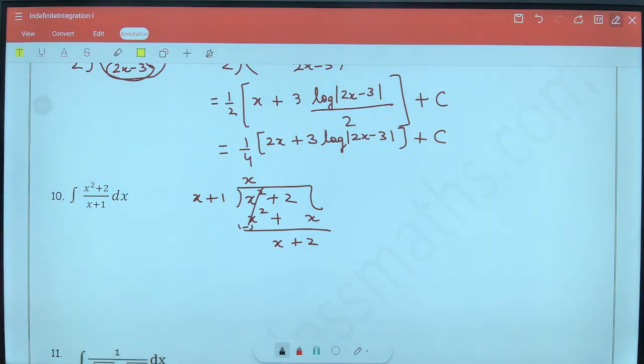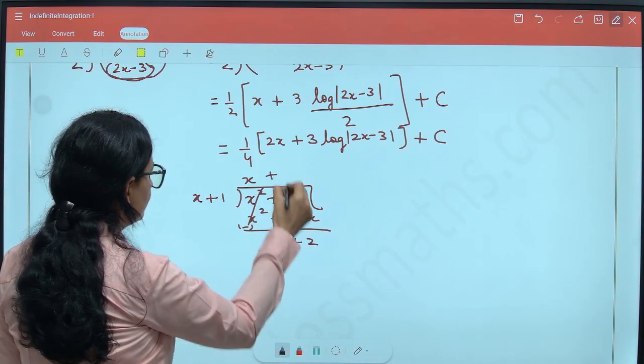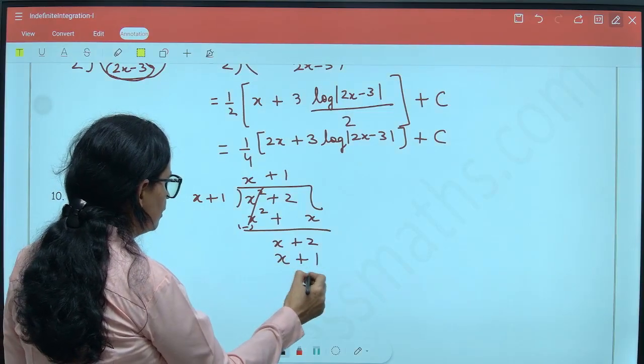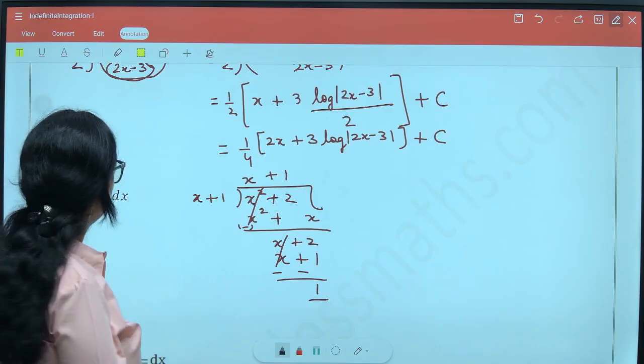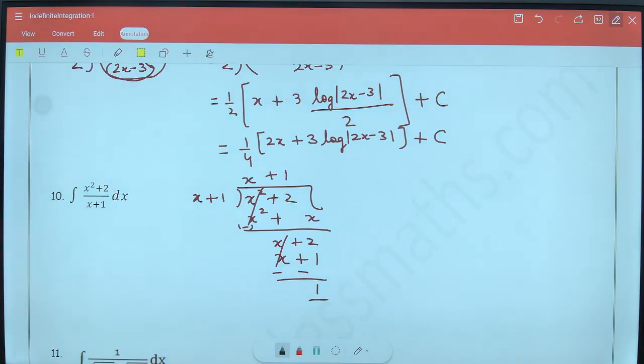And now we use plus 1 and we get x plus 1. Change the sign and you get 1 as remainder, right? How do we use it? This is x square plus 2 upon x plus 1. So we got the quotient as,